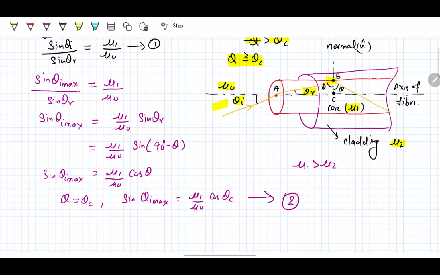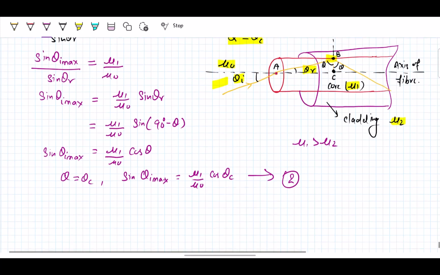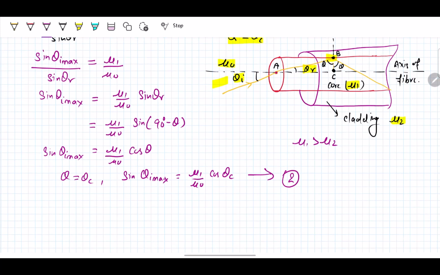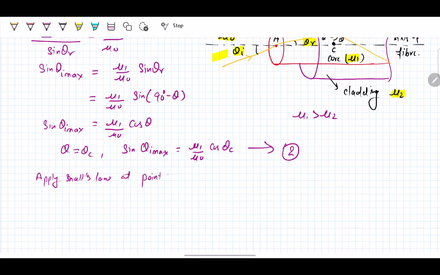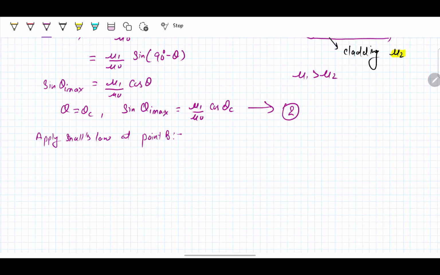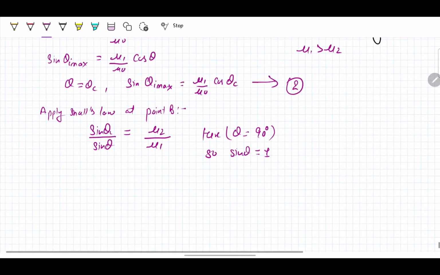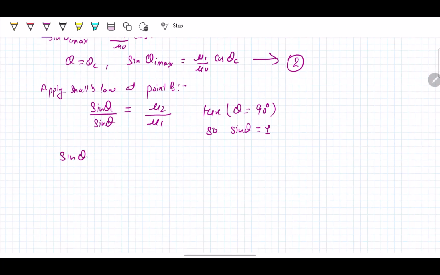Now at critical angle theta c, let's apply Snell's law at this point B. So what we are getting: sine of theta c over sine of theta is equal to mu2 over mu1, and here theta is equal to 90 degrees, so sine theta becomes 1, and we are left with sine of theta c